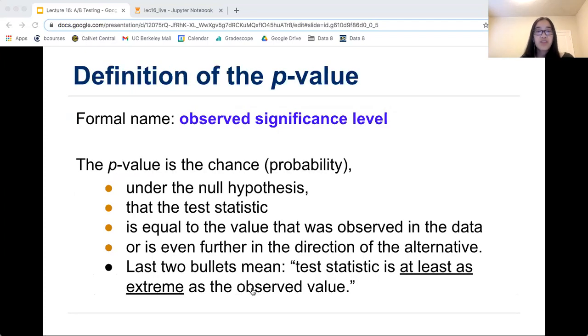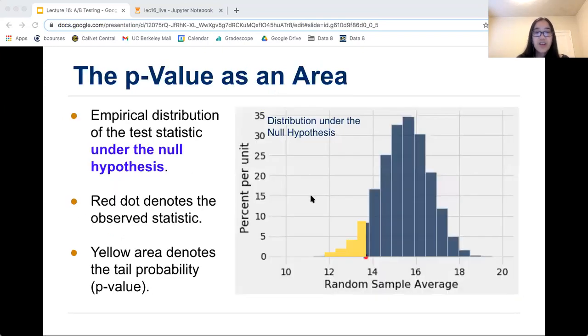Just to formally define it, the p-value is the chance under the null hypothesis that the test statistic is equal to the value that was observed in the data or even further in the direction of the alternative. Going back to this last histogram, under the null hypothesis means of all the simulated values that we generated under the null hypothesis, the test statistic, which was that red dot, is equal to the value observed in the data or further in the direction of the alternative.